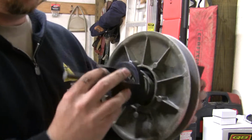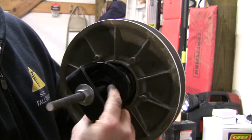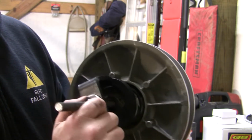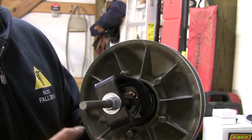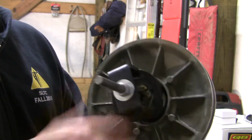On this secondary, what you're using this tool for is to compress the spring so you can get this little clip off, this little snap ring. All you got to do is tighten it enough to take your tension off of this snap ring. Then you can take your snap ring pliers, pull the snap ring off, loosen the clutch up, change the springs out, put it back together